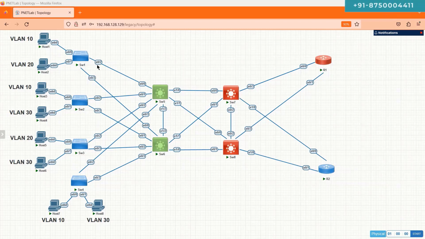So it doesn't matter what we have configured. If you have configured ISL or .1Q, the traffic will be passed exactly the same way without any problem. You might not be able to do the capture in this simulated environment such as EVNG, but everything other than that will just work as usual. And sometimes when we